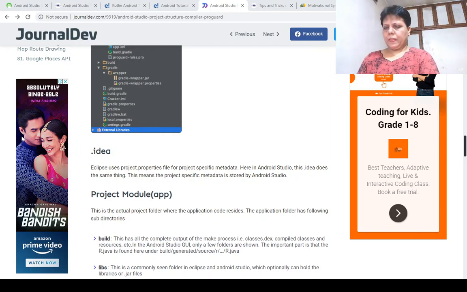R.java. What is R.java? It is an Android auto-generated file, generated by the Android Asset Packaging tool, that contains resource IDs for all the resources of the RES directory.